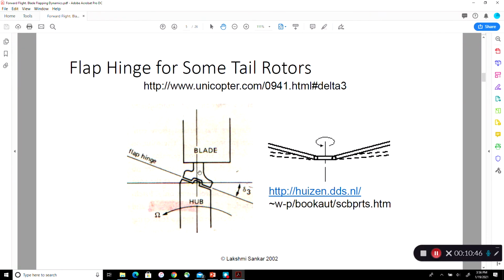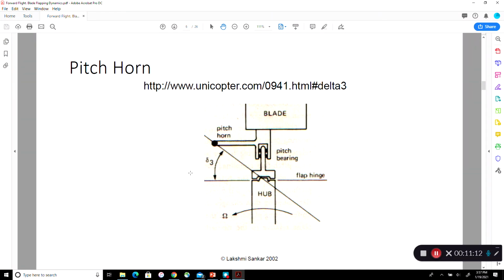So this component will be going this way. So when the blade is flapping down, losing lift, the pitch will automatically increase, increasing the lift. So this stabilizes the tail rotor. So this angle delta 3 is very important. By increasing the delta 3, you could control the relationship between the flapping dynamics and pitching dynamics of the blade. Usually delta 3 is set to roughly 45 degrees, so that when you pitch the blade, it will flap the